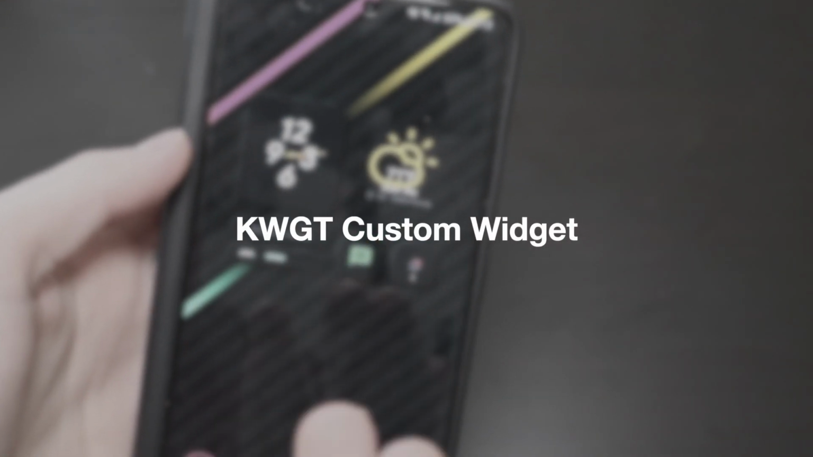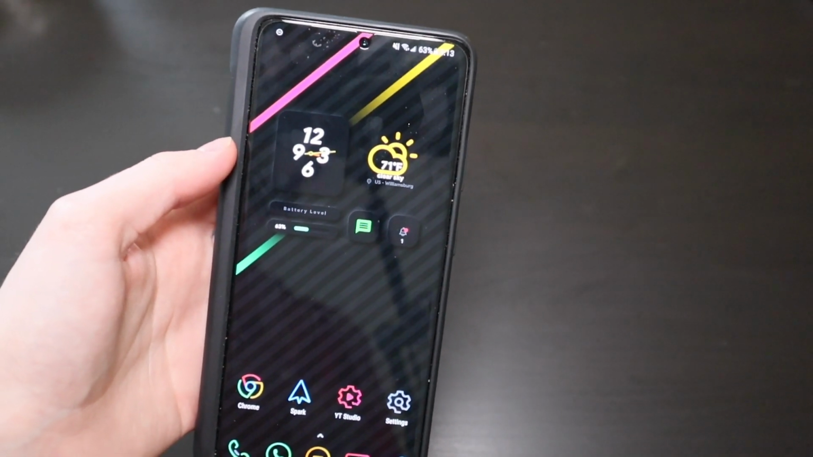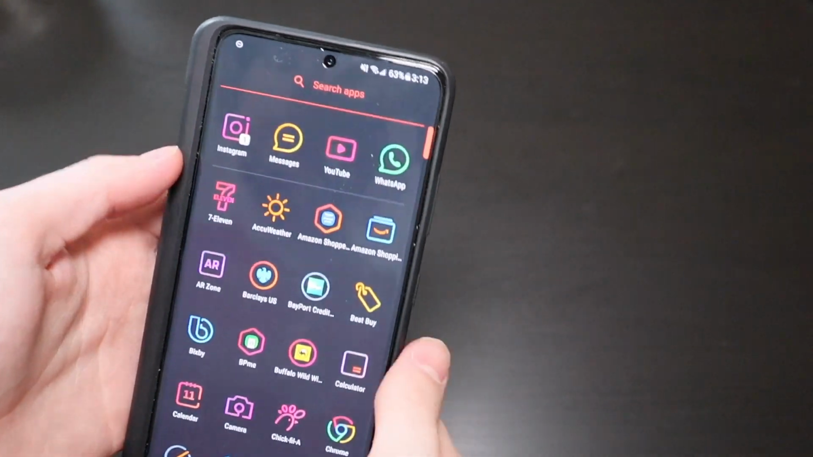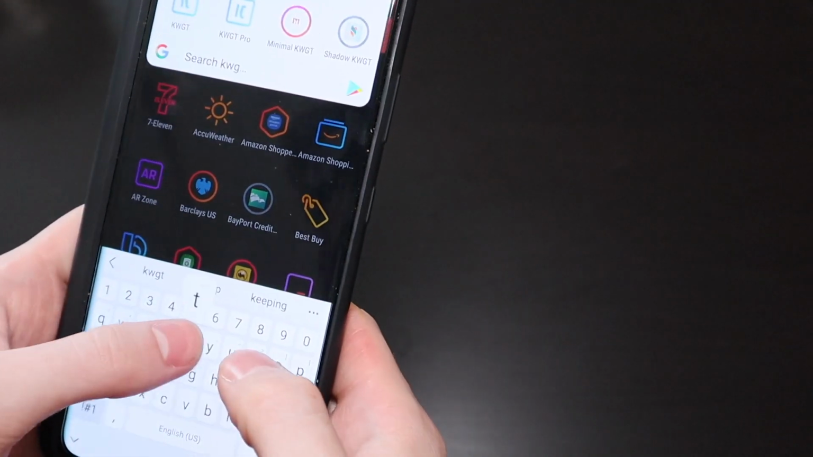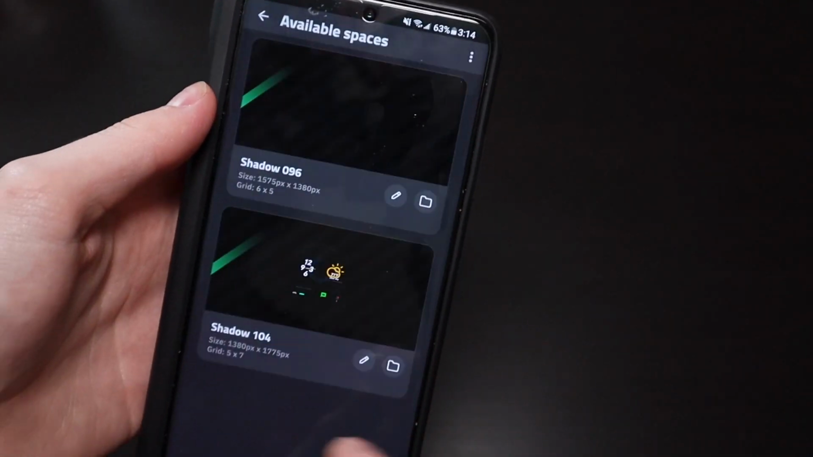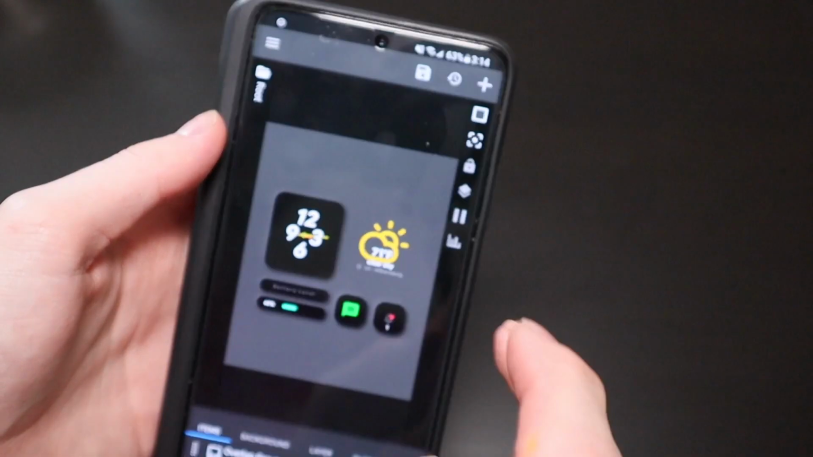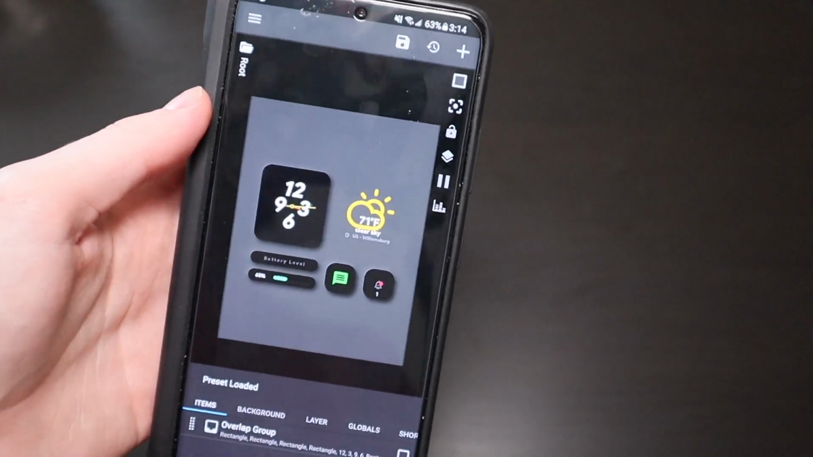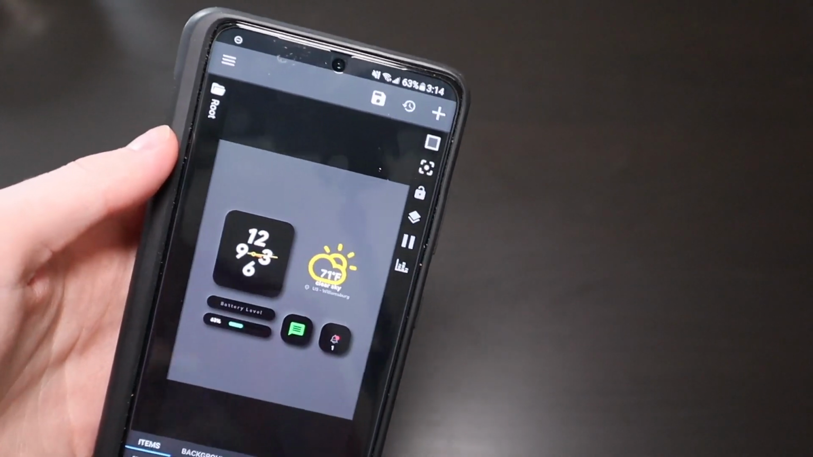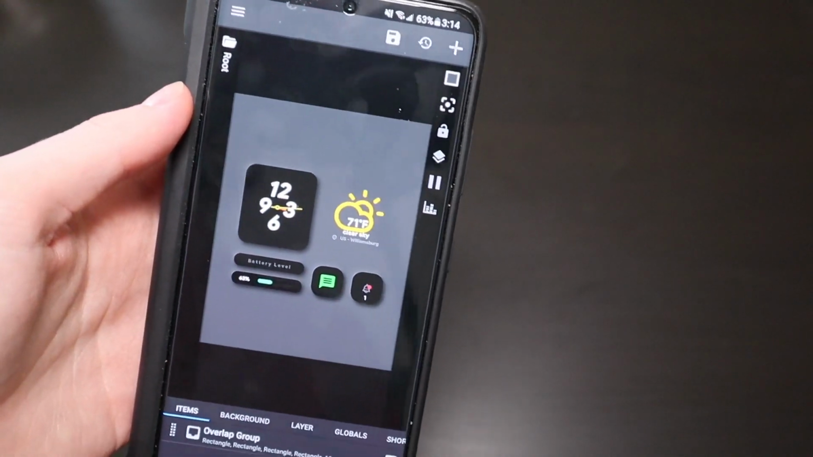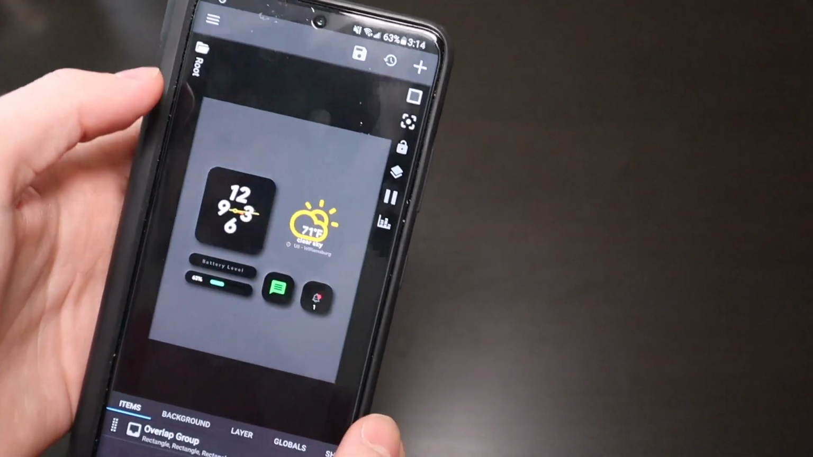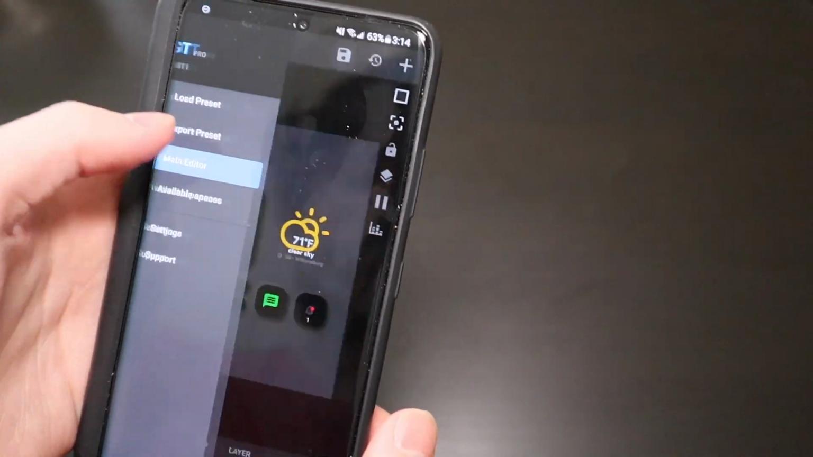Today we're going to be looking at a custom widget that I made with KWGT and KWGT Pro. So this is the app right here, and this is actually from the Shadow KWGT pack on the Play Store. These are both paid apps. You do have to have the Pro version. I think it was like $1.49 each, but you can customize this all right here, as well as there are